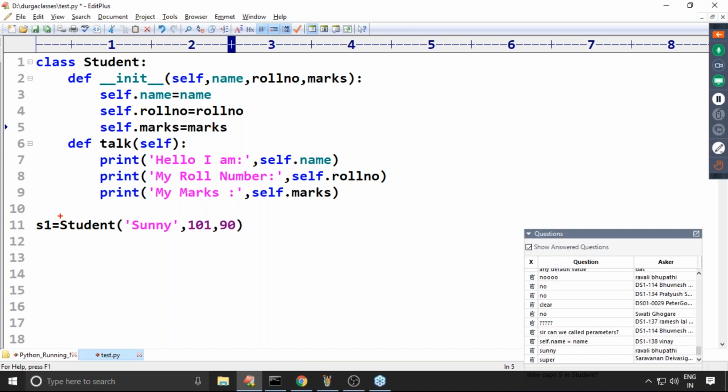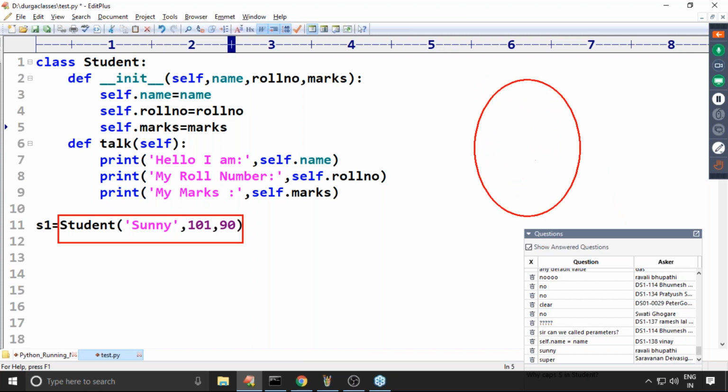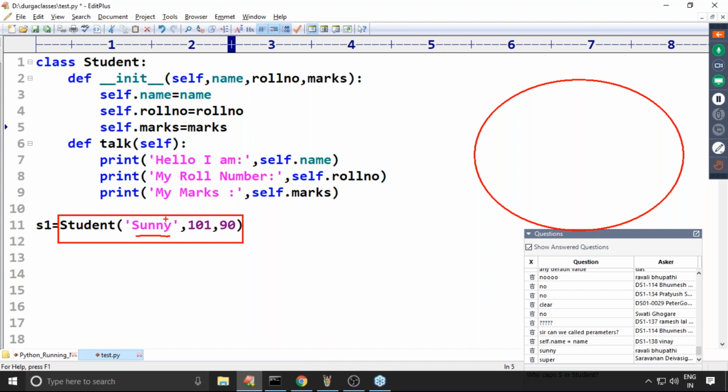Whenever you are creating an object, I'm creating an object. Yes, I created an object. Automatically, the constructor will execute. Now, Sunny will be the value for name, 101 will be the roll number, and 90 will be the marks. So the constructor will execute self.name: current object name is equal to name.